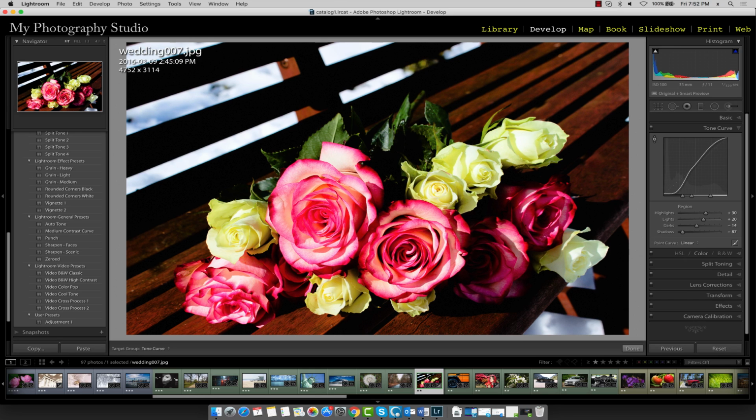The tone curve also has built-in presets you can use if you find the manual adjustments too difficult to work with. So for example, next to point curve, there's a menu. So you can select either medium contrast or strong contrast. And this way, Lightroom will automatically make adjustments to your